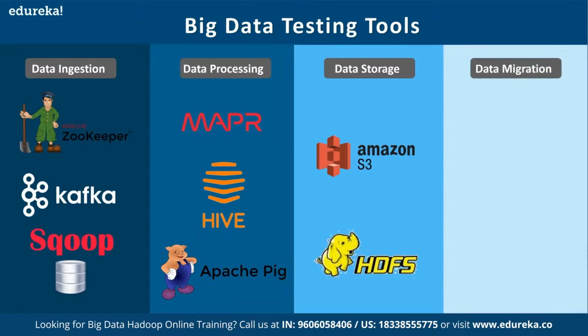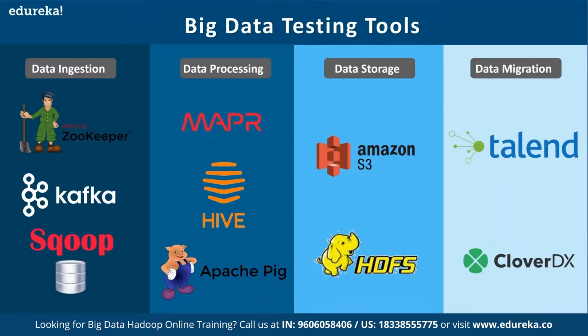And then finally, we have the data migration or output, final output. Okay. So for that, we will have Talend. Again, Sqoop will also be in the data migration thing. Talend is an ETL tool which is built for big data solutions. Okay. Then CloverDX. These are some of the tools that we can use to test these aspects of your big